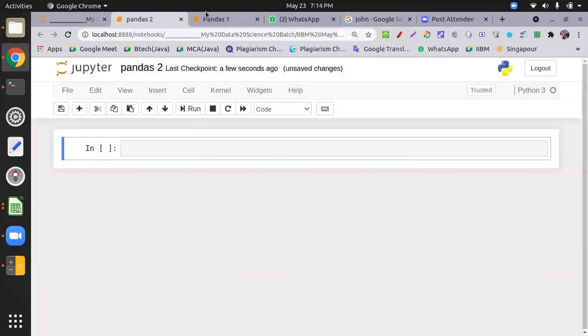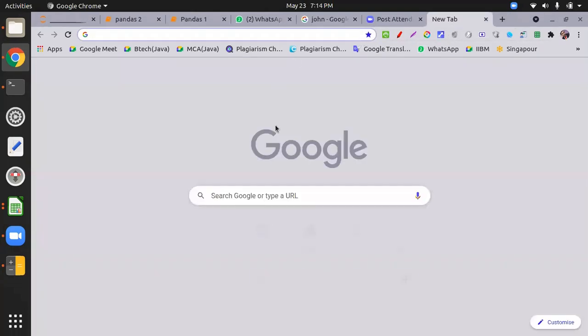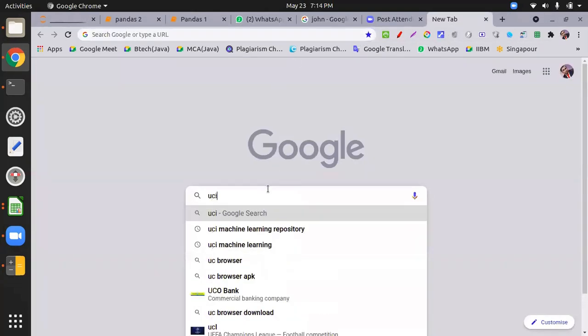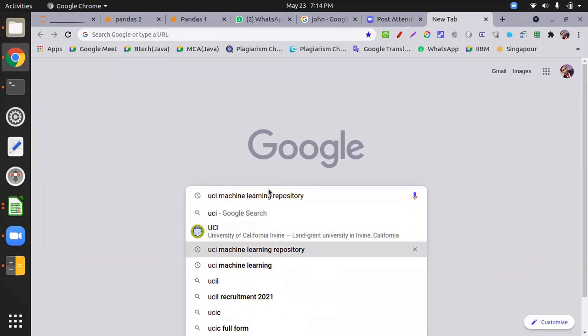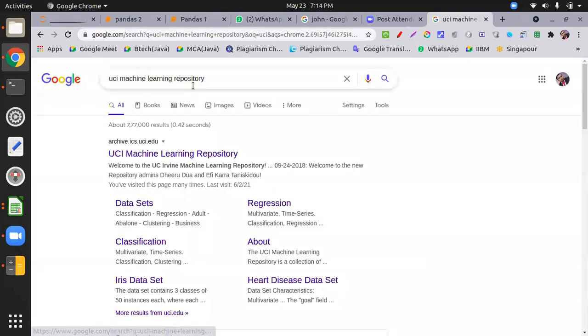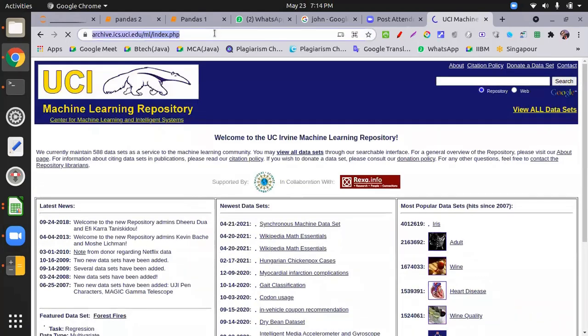So what I want to do over here, first of all, we should know from where we downloaded the data set. So many sites are there, but we have the UCI machine learning repository. When you open this one, I just put the link.